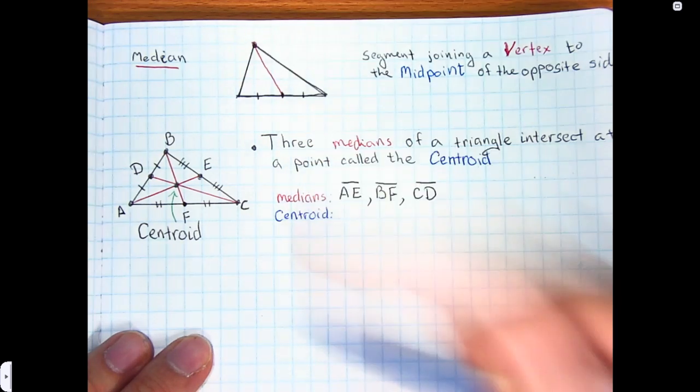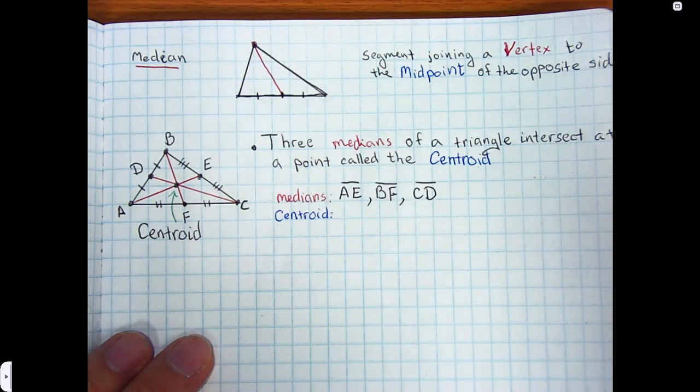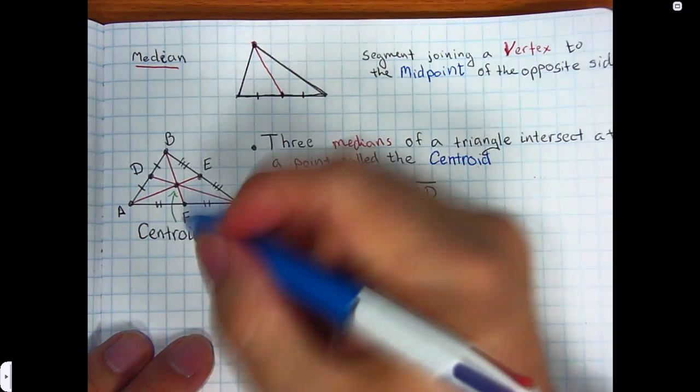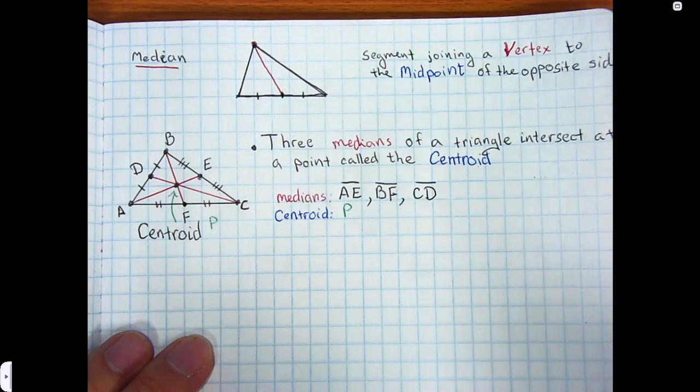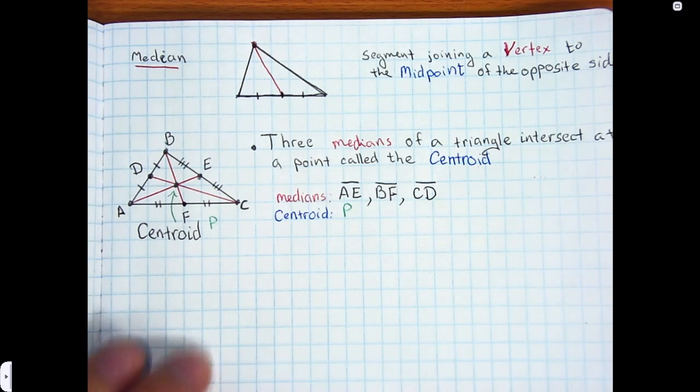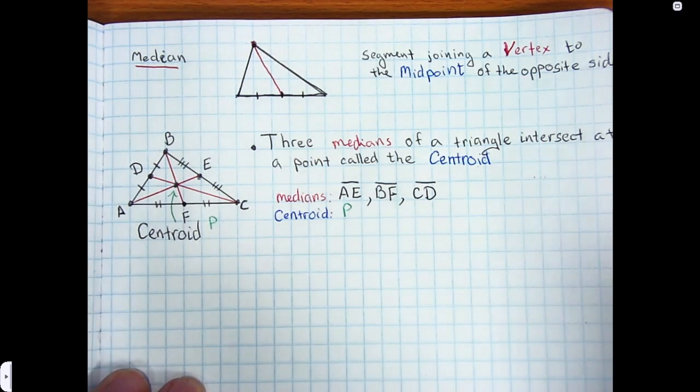Right, similar to our previous centers of a circle, the centroid will now be named P. Right, so what are the special properties? Because these are midpoints, what are some special properties that we can glean? In this case,